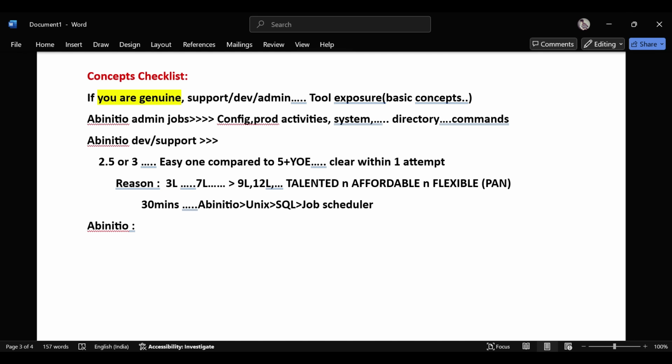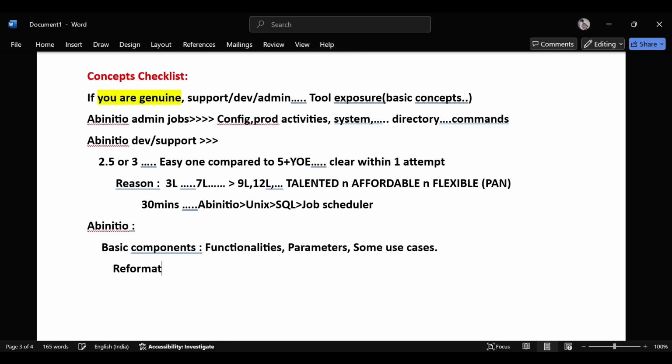Being a 3 plus, being a junior, we expect you to have hands on. You must have the hands on. So we'll test you on basic components, just their functionalities, not too complex. Functionalities, parameters, and then some mild use cases, but that won't be much hard, that will be easy only.